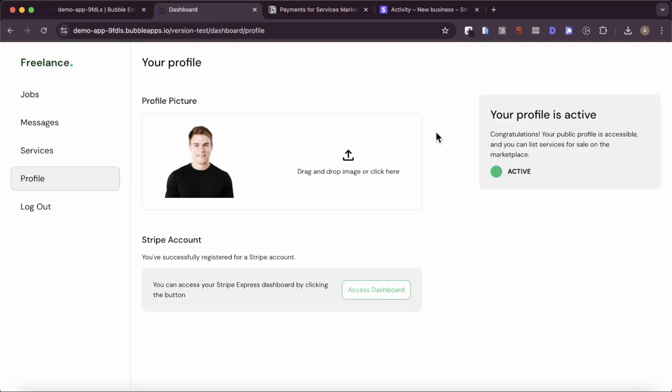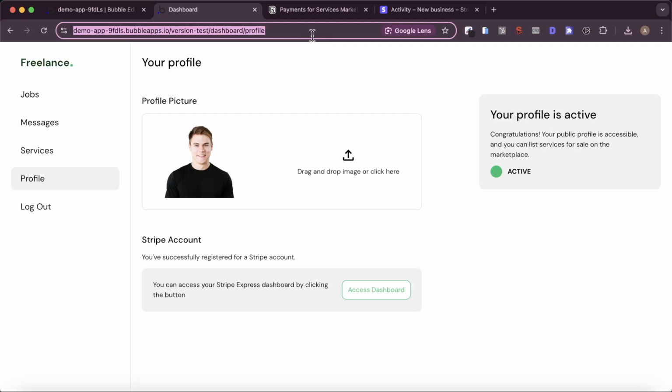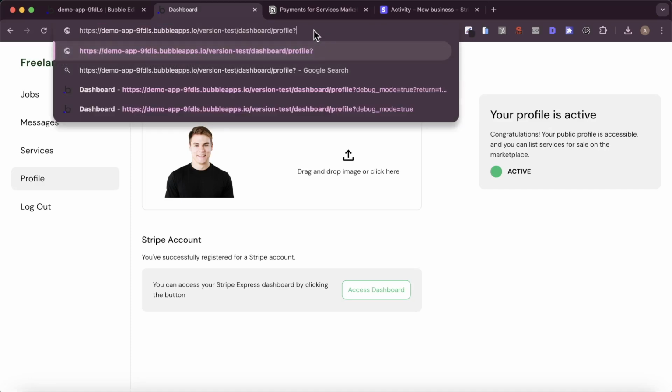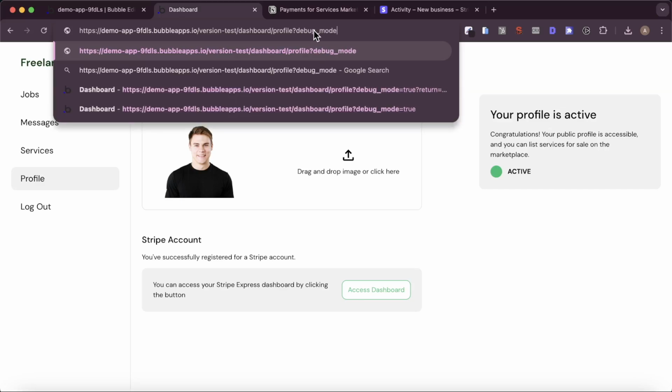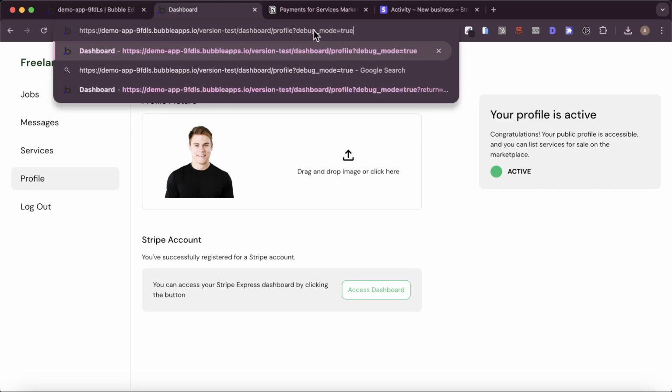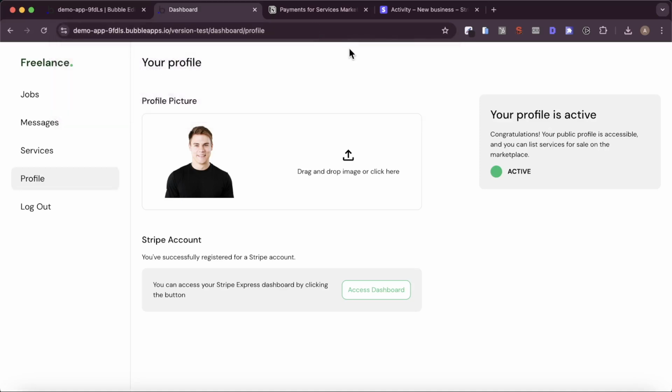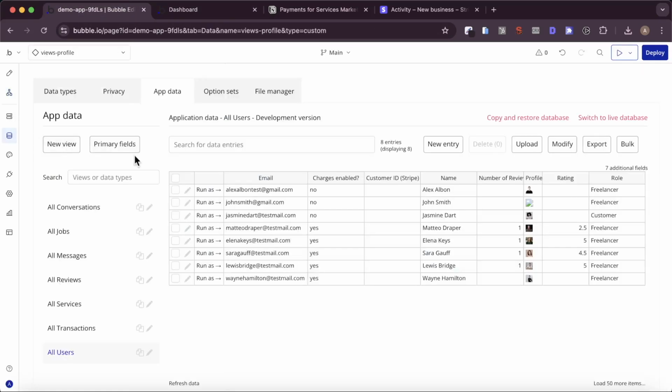Okay, so you can see now that we're back on our dashboard. We didn't actually get that return equals true at the end of the URL, and the reason for that is because I had debug mode on, and that just confuses Stripe. So you see I did have debug mode equals true in the page name when I was leaving, and that can confuse Stripe sometimes. But you'll see now that we do have our green dot here to say our profile is active. And if we look at our bubble database, you'll see that our user